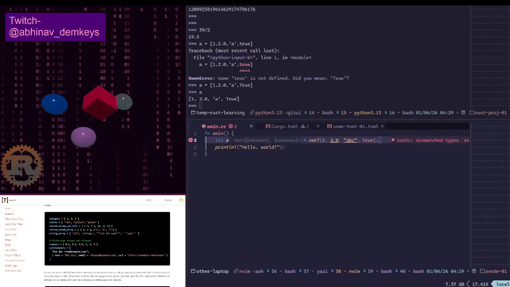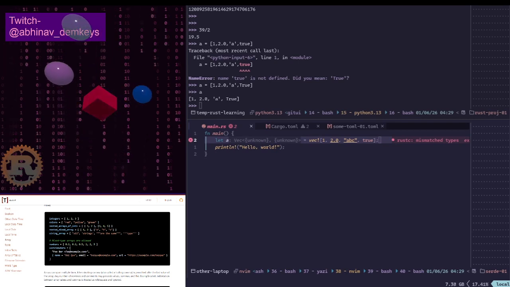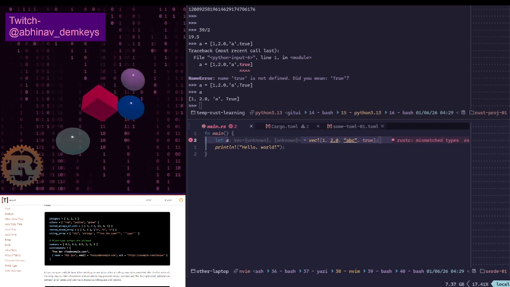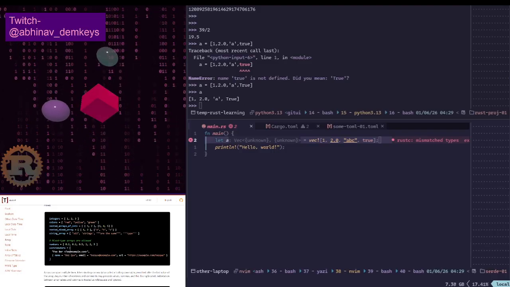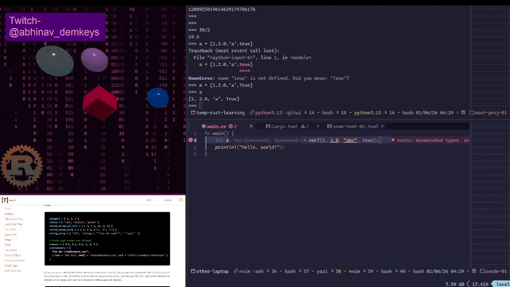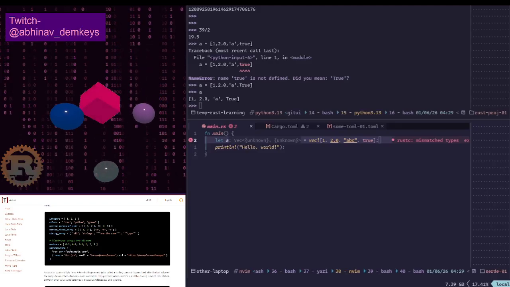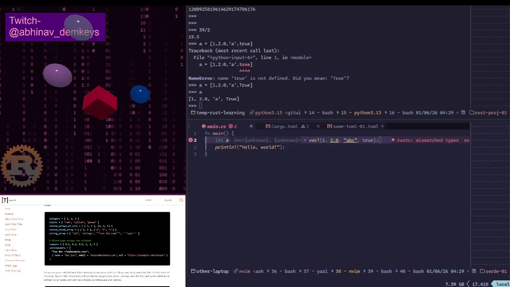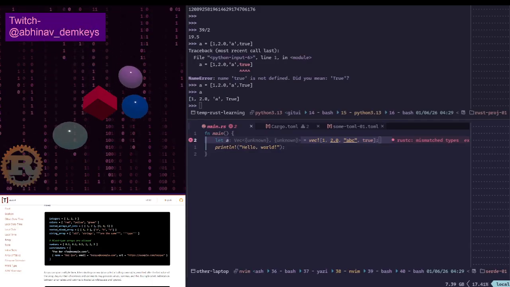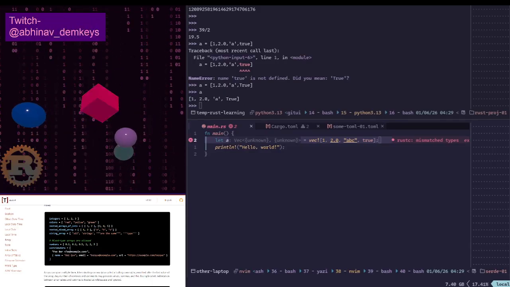In Python, lists can have multiple types. What's the Rust equivalent of that? Coming from Python,